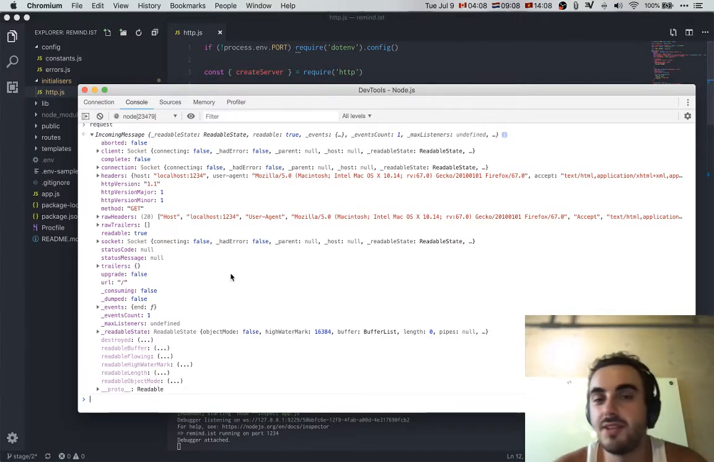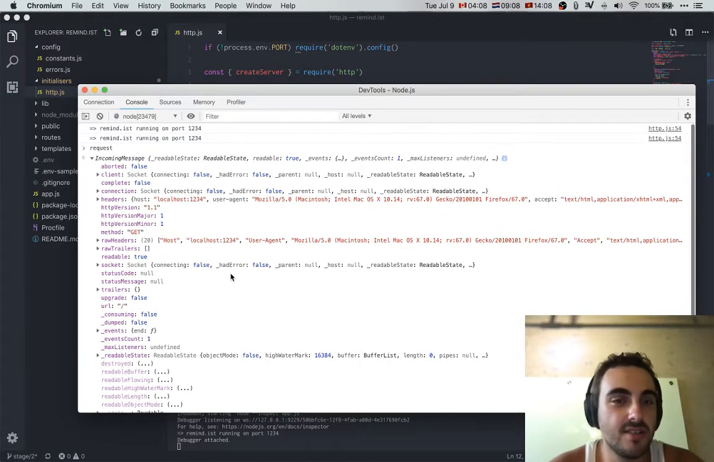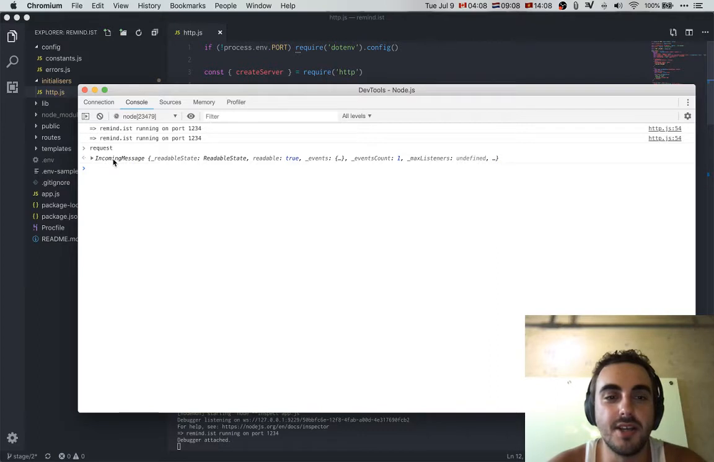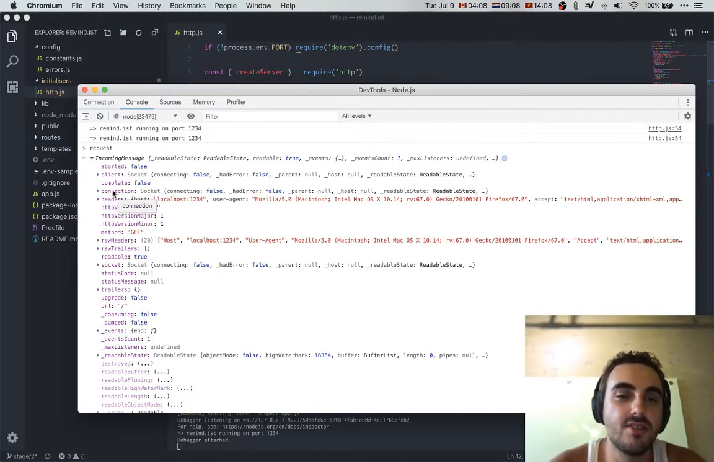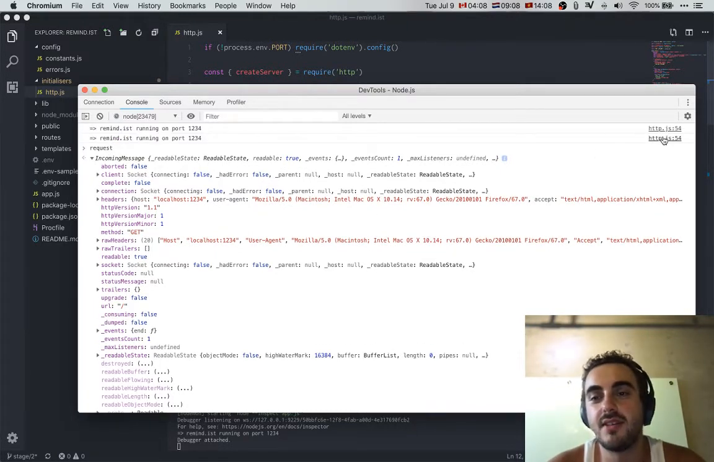So if you just need to know what the value of a variable is and it's a string or a number or something, a console log might be easier and faster. But in the case of something complex like a request object, it's actually great to have this level of detail in some of the stuff. And then of course it also has